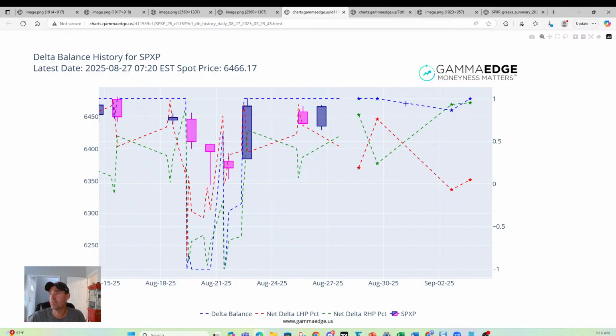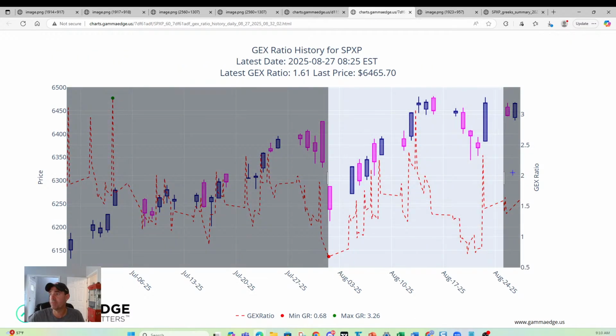So you see the delta balance start to drop slightly, but you see the right-hand plane increasing, so out of the money call speculation being maintained. You see the left-hand plane dropping slightly, obviously indicating in the money calls could be eroding or expiring. Really not a significant amount of out of the money put speculation, really just dropping back towards that 0. So nothing really to be cautionary about, as long as this is maintained above zero, and as long as spot price continues to move up and delta balance is maintained.